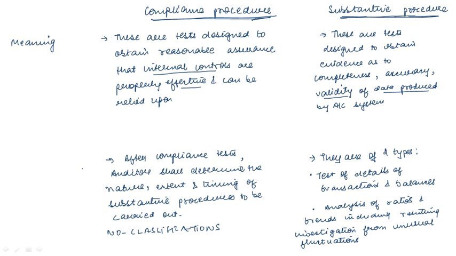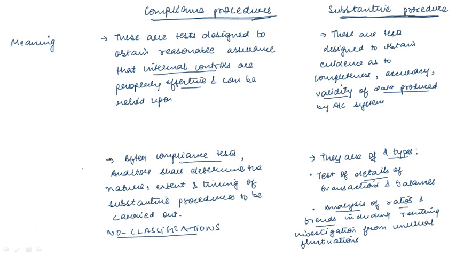So first of all, once they are done, there are no classifications. But if I talk about the substantive procedure, they are of two types. The first requires the detailed procedure. That means you are required to check out, or verify, everything in detail. But the second classification is just an analysis on the basis of various ratios and